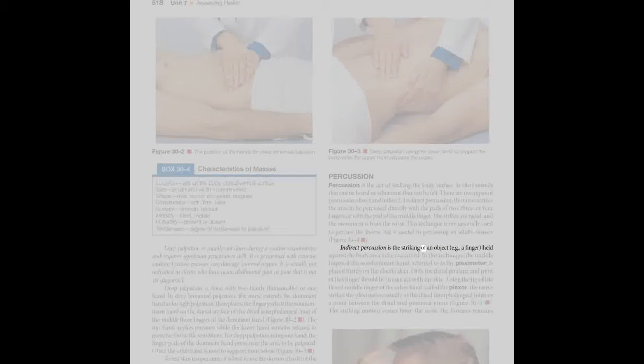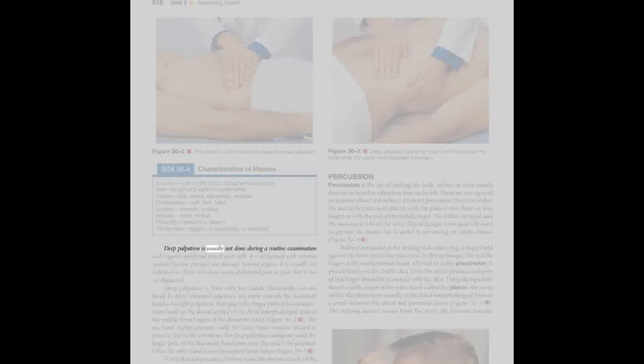Indirect percussion is the striking of an object, for example a finger, held against the body area to be examined. In this technique, the middle finger of the non-dominant hand, referred to as the pleximeter, is placed firmly on the client's skin. Only the distal phalanx and joint of this finger should be in contact with the skin. Using the tip of the flexed middle finger of the other hand, called the plexor, the nurse strikes the pleximeter, usually at the distal interphalangeal joint or a point between the distal and proximal joints, Figure 30-5. The striking motion comes from the wrist, the forearm remains